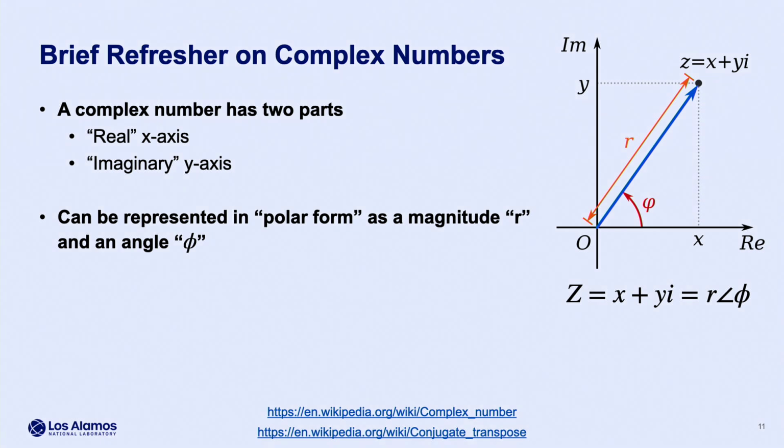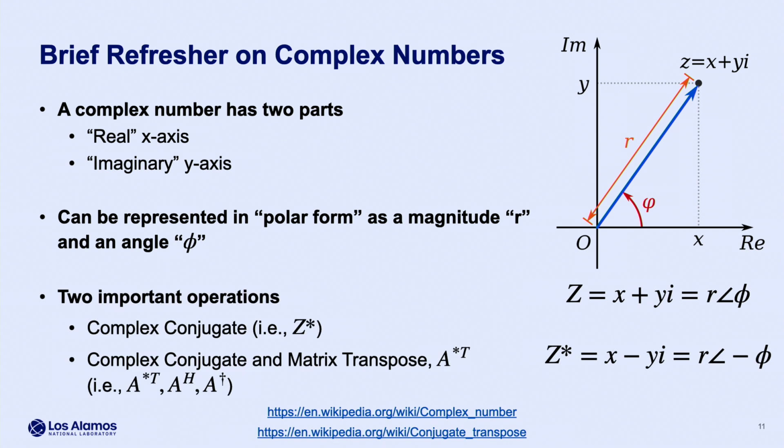I hope, because we just talked about AC power flow, you remember what complex numbers are. This is really important when I talk to computer scientists because they never encounter complex numbers. You guys do all the time. So yeah, we can have rectangular or polar forms. Usually in this talk, we'll be putting it in rectangular coordinates, but a few times I'll use the polar form when it's convenient. The important thing that you do need to know is we are going to use the complex conjugate, where you negate the angle or the imaginary part of the